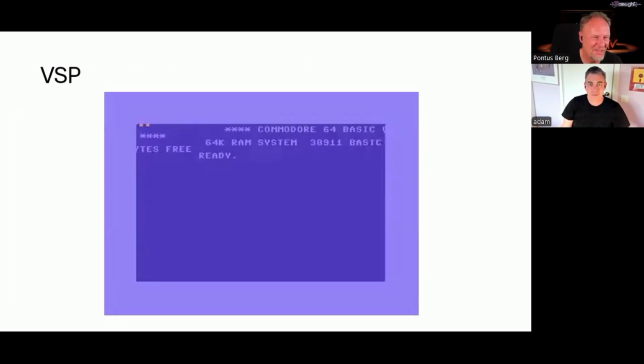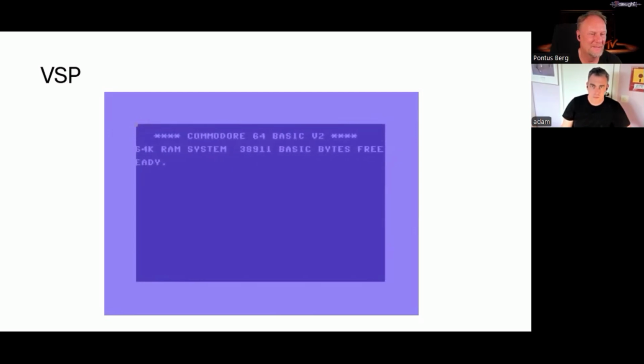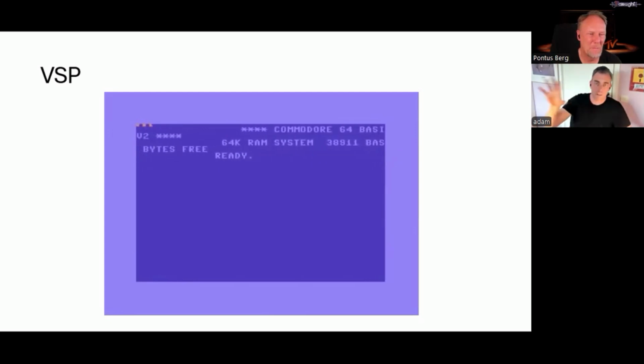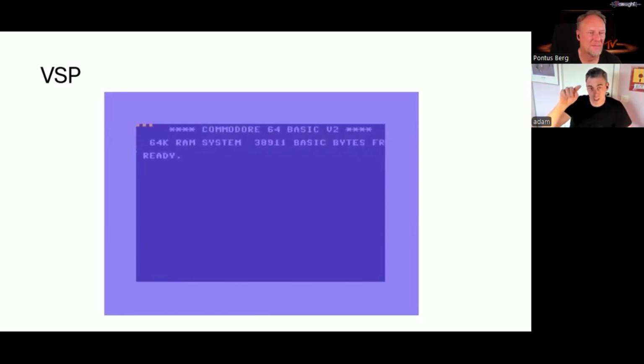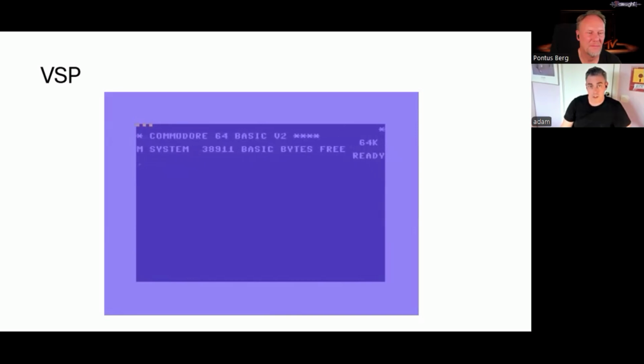So we have an example of VSP here, right? So this is VSP on the basic screen here. What we're seeing is how we can just move the screen back and forth with ease. The only problem is the little glitch that we're seeing at the top left there. Those are three characters with the character FF, so the highest character in the font, with the color being decided by the low 4 bits of the CPU opcode that